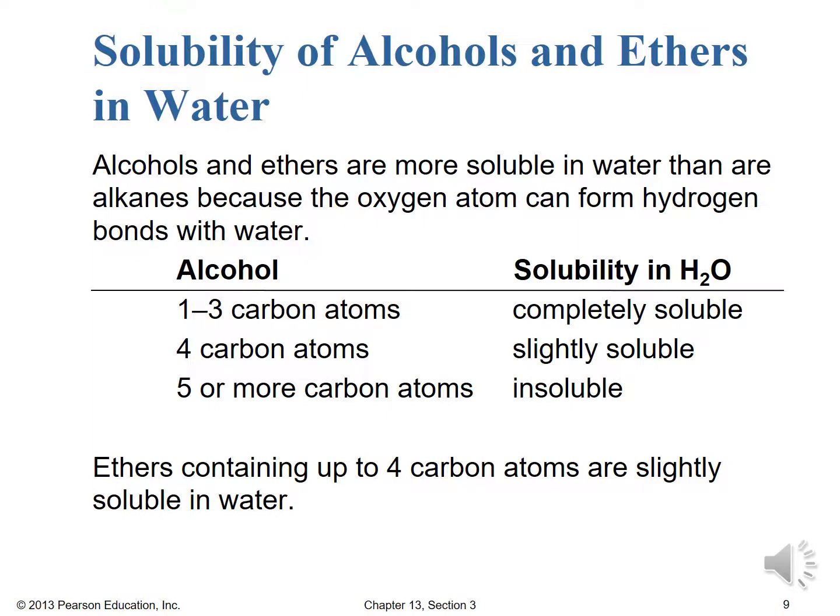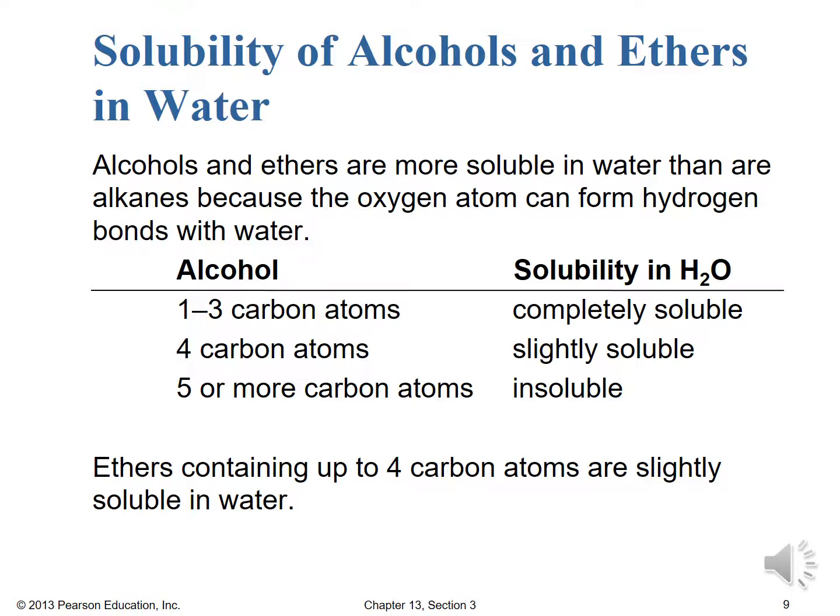you tend to get what's called miscibility. They're soluble with water in any amount. Once we hit 4 carbons, then the solubility goes down. 5 or more carbons, they're typically insoluble for the alcohols because they have a significant alkyl group now, and those alkyl groups like to interact, and it lessens the ability of the OH group to participate in hydrogen bonding with